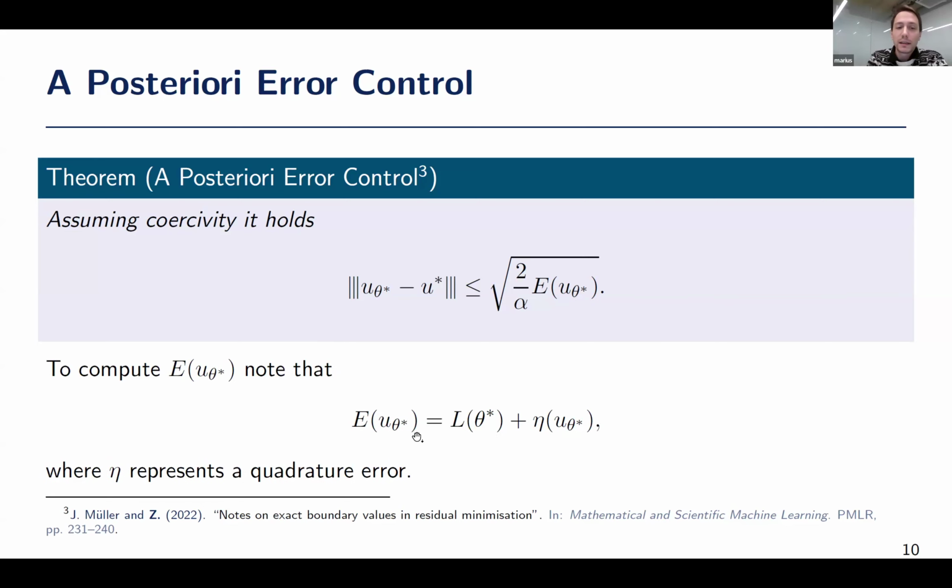And here I expanded E into L, which is really the loss when you discretize the integrals, and the error in quadrature that you make. So what this result means for you is if you want to control your error, and you are willing to maybe spend more computational resources on quadrature, then you can do that, and you will get a control which is maybe tighter. You are able maybe to reduce this quadrature error. I'll comment more on how to control this quadrature error also later.